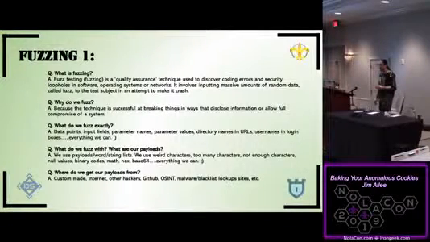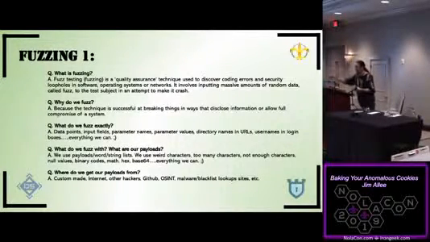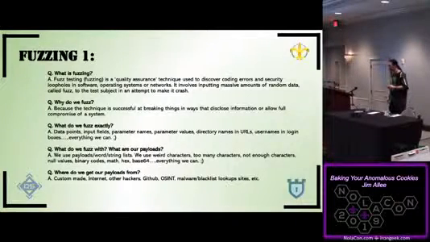Number 1, fuzzing. What is fuzzing? Well, it is kind of a QA process around throwing everything and the kitchen sink against something to see how it reacts. It could be an input field on a website. It could be a doorbell. You ring the doorbell once quickly. You hold it for 5 seconds. You hit it 14 times. The answer is yes. All of it.